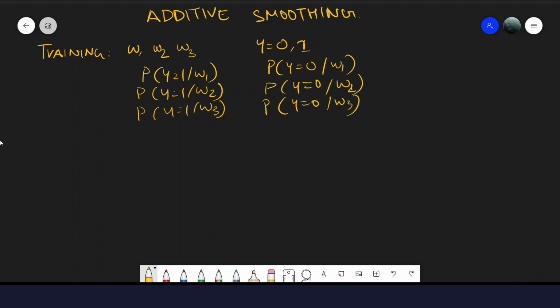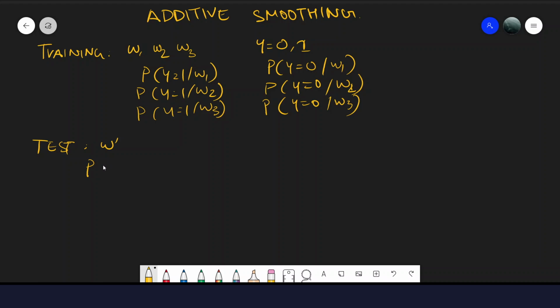Okay, so what happens? In English, words, if you use the English language, it can so happen that there is a word in your test data that is not there in your training data. Let's call that word w dash. So when you have to calculate the probability